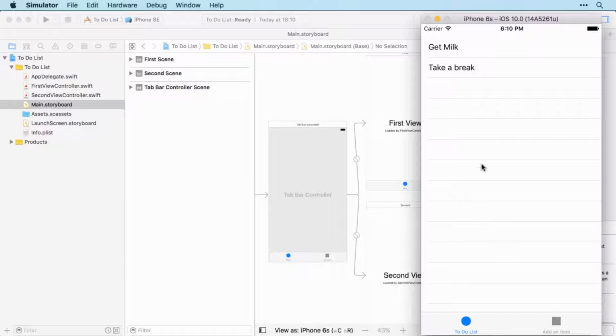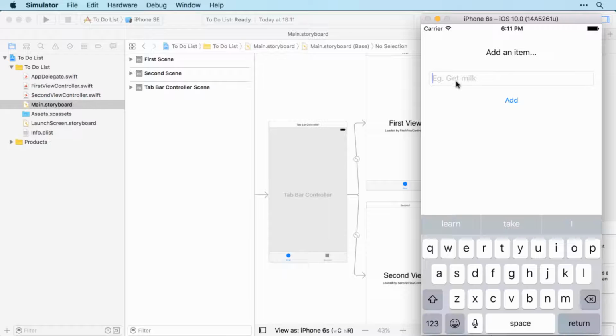And here it is. So the main first view controller is simply a table view containing the user's to-do list items. Then when they want to add a new item to the list, they just click the Add an Item button, which will take them to this page. And then they can add new items in the usual way,